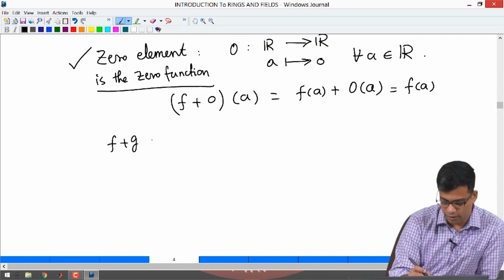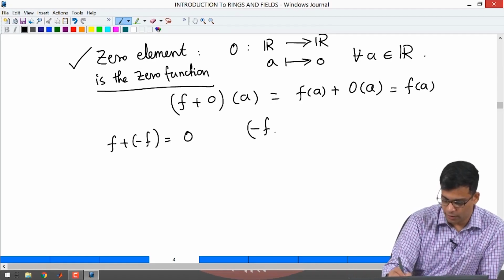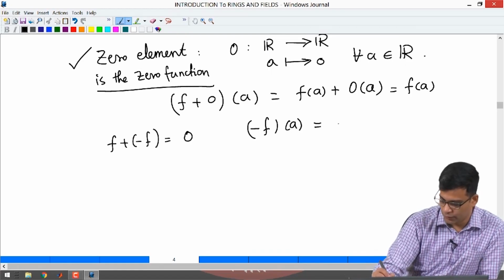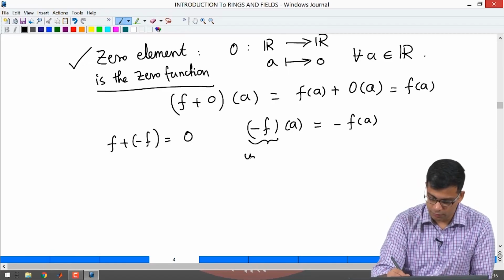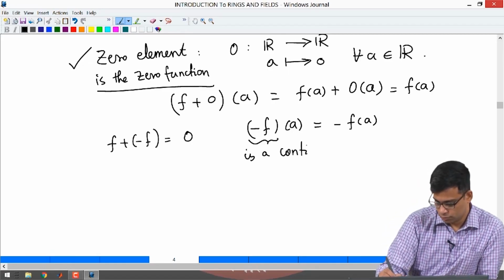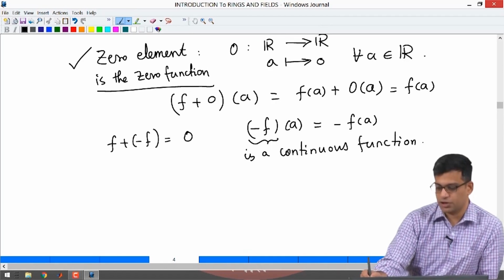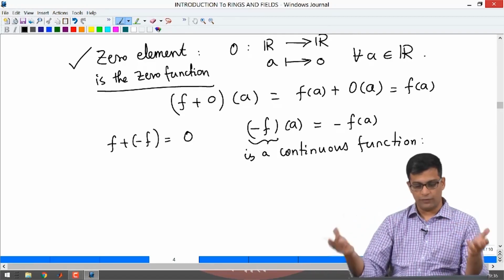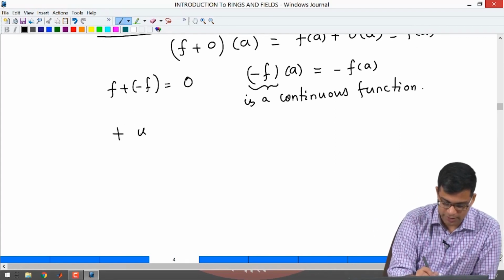Certainly, one can check that there are inverses, right. Given a continuous function f, you can define minus f of a to be minus f of a. So, this is a continuous function. For every continuous function, its negative is also a continuous function. We are just changing the sign. So, every element has an inverse, and one can check that plus is associative